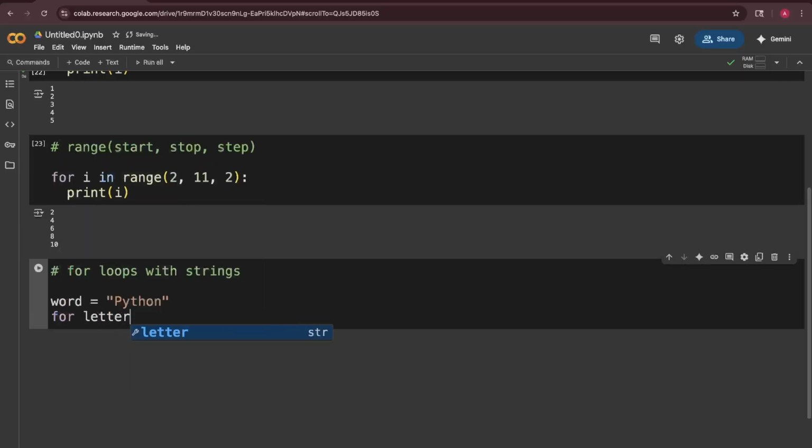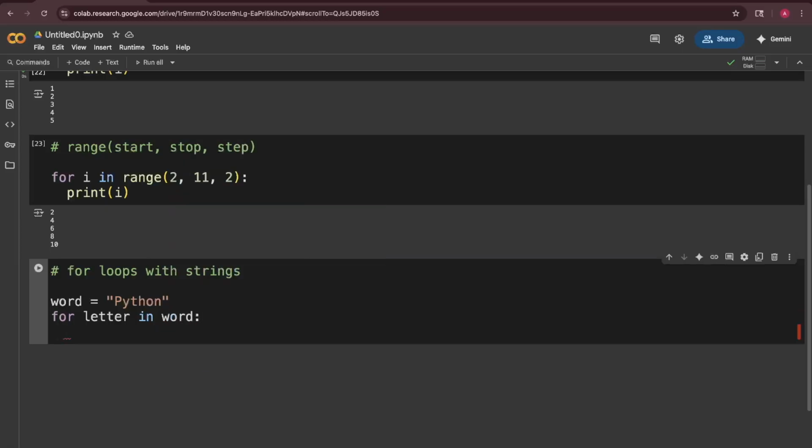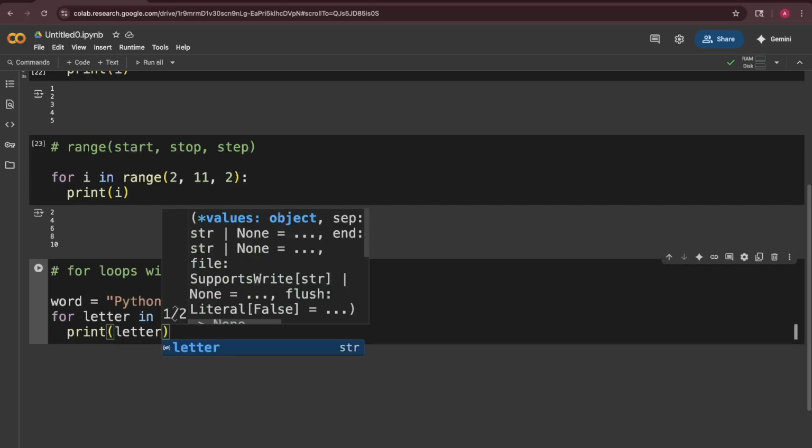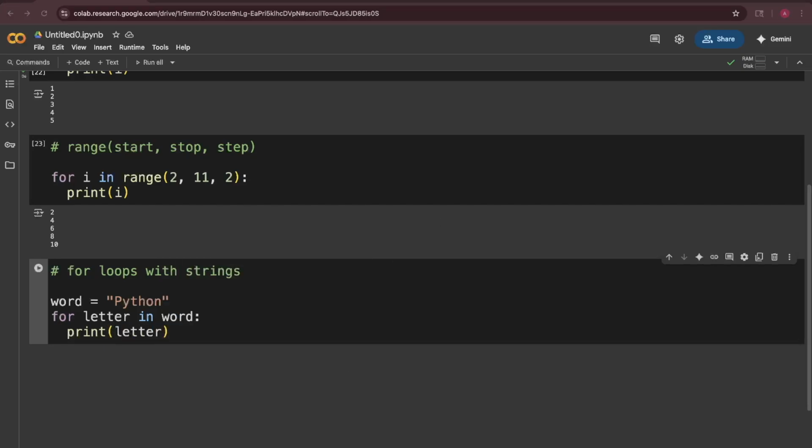For letter in word, print letter. So here Python goes through the word one character at a time. The output will be